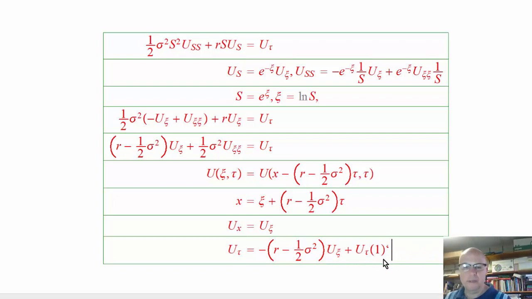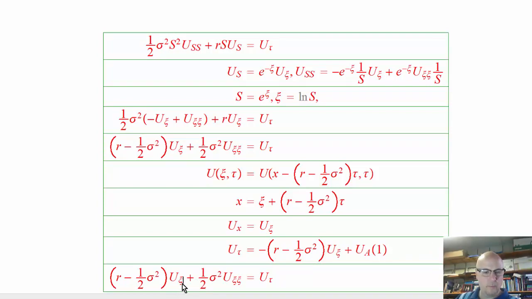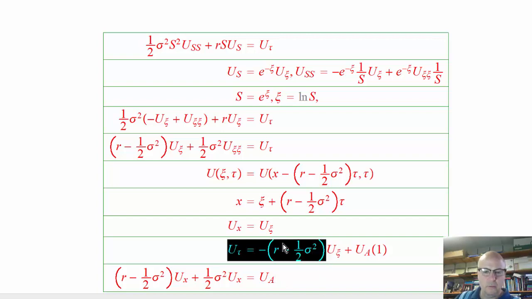Well, I've written it in a casual way. This tau meant the derivative with respect to the second argument, what was in the second argument. So I shouldn't use that symbol. I need a placeholder, so I'm just going to put A to represent the second argument, the derivative with respect to the second argument. So when I sub those pieces in, switching variables, these are all a straight swap out. But when I solve for the derivative with respect to the second argument, which I've got here as u sub a, that's equal to